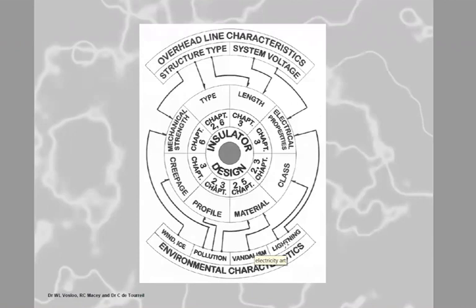Because if this has been running for decades with all these pin types, and they're still happy with all these pin-type insulators, they can't have a bigger lightning area. Then I drive around, and I see you've got tower structures without shield wires. I said, what? That is amazing. The only reason they could do that is because their rolling spheres are so small that the overhead shield wires are not giving much protection, so they're going to get a direct conductor strike in any case, so they don't need the shield wires. So they must have very low lightning levels of current, but also most probably a very low lightning intensity